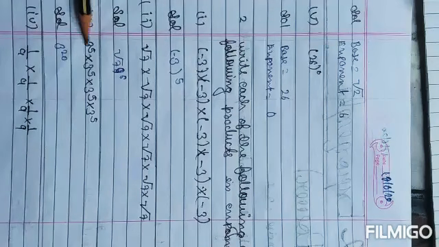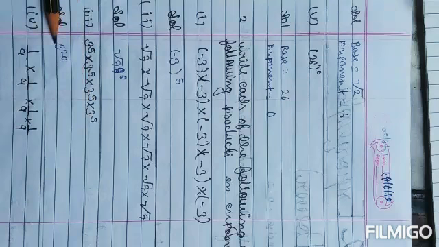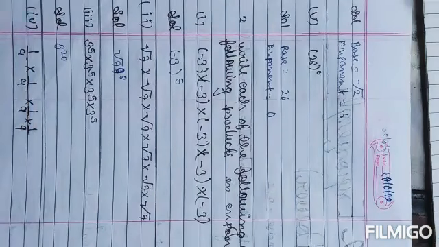Then after this see, here it's written 5, 5, 5, 5, four times it's written 5. 5 plus 5 you will get 10, 10 plus 5 you will get 15, 15 plus 5 you will get 20. So write here 3 power 20. Next, 1 by 9: count how many times it is there. 1, 2, 3, 4. So write 1 by 9 in brackets, and outside the bracket 4.